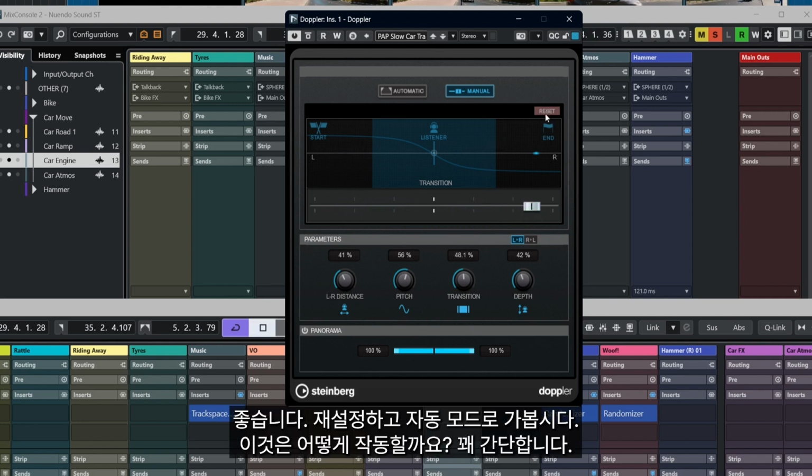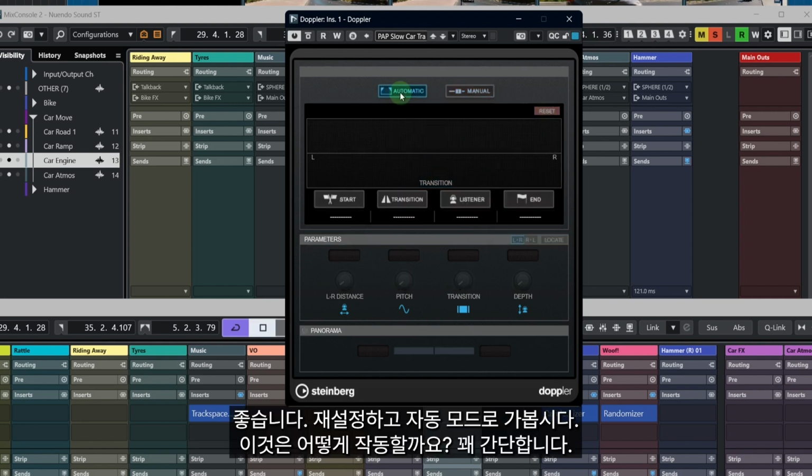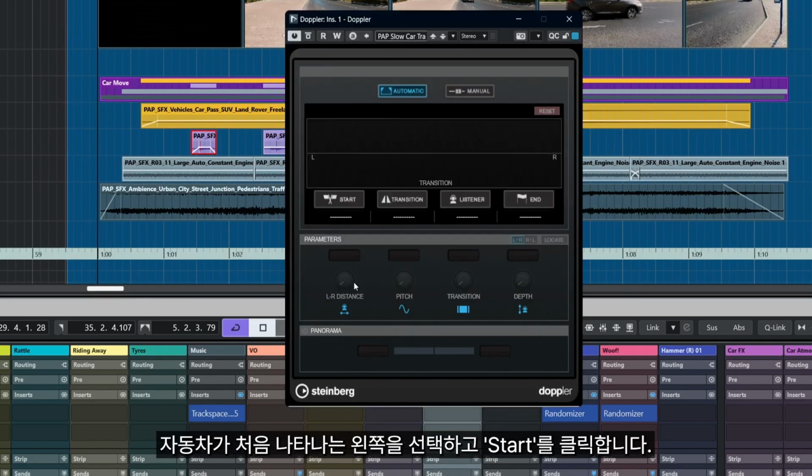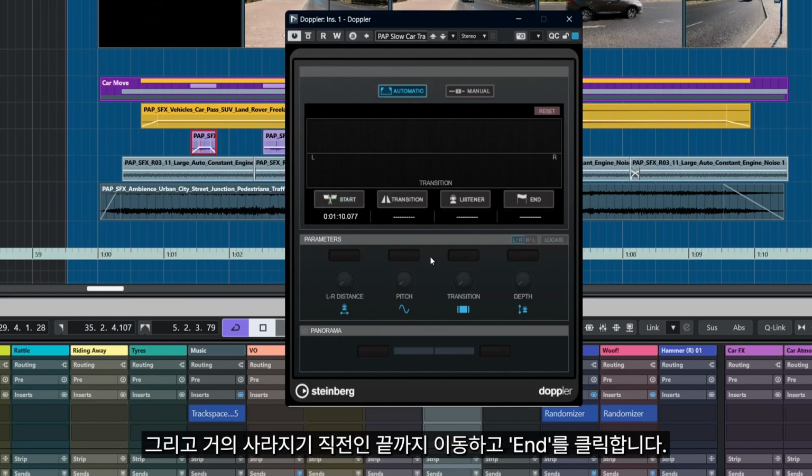Okay, so let's reset that, and we'll go to automatic mode. So how does that work? Well, it's quite simple. We'll select the left side of the car itself when it first appears, and we'll click start, and we'll go all the way to the end where it's just about to disappear, which is there, and